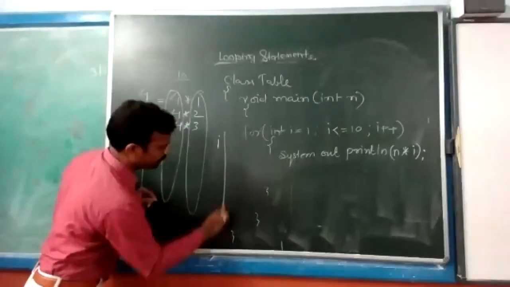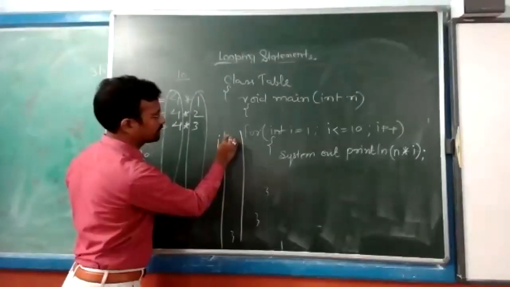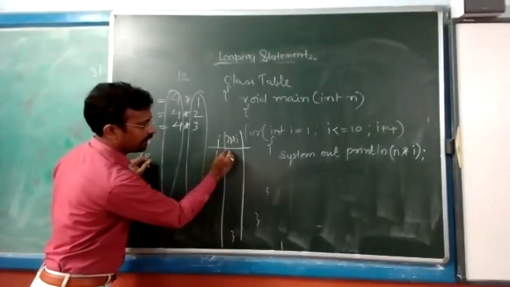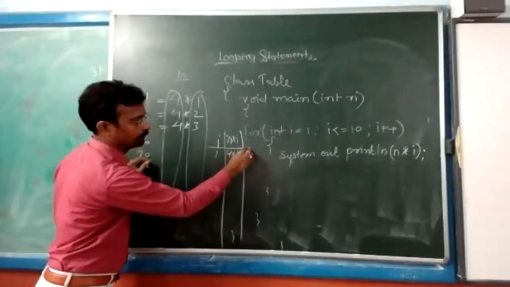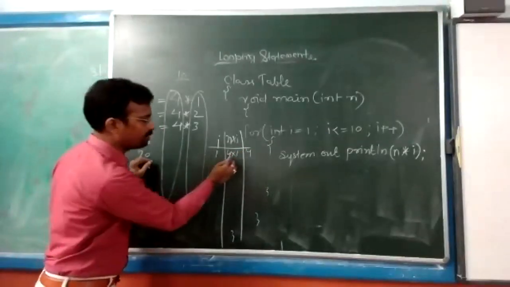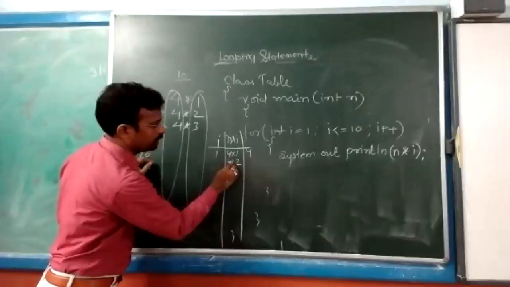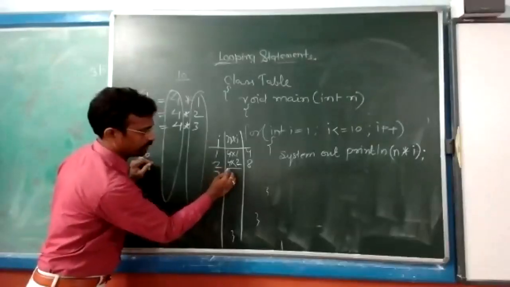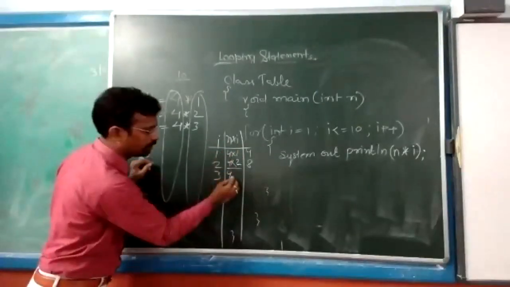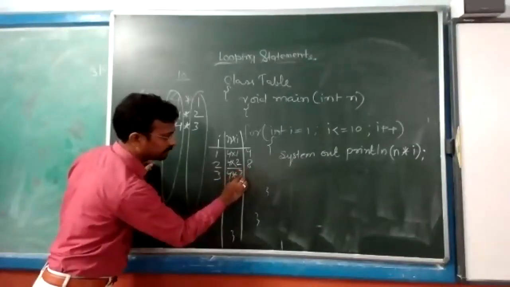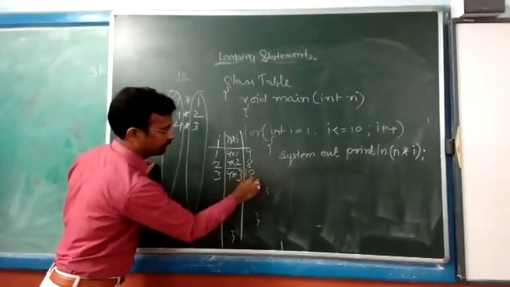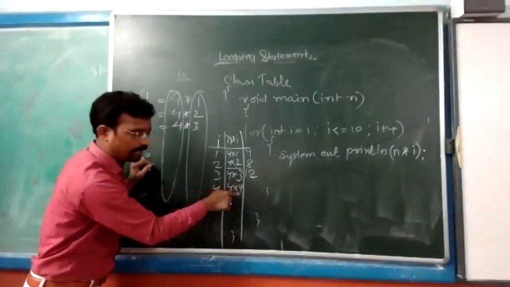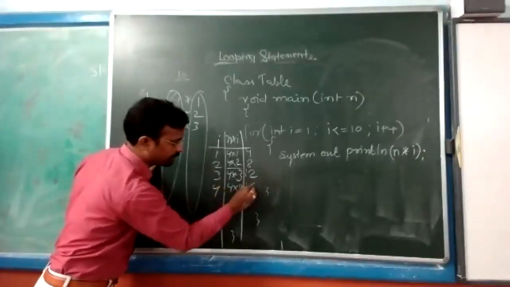Every time, see, I am going to explain. The loop will execute, and this is n * i. First time i will be 1, n will be 4: 4 into 1, 4. Second time i will be 2, so 4 into 2, 8. Third time this 4 will be the same and is not going to change, into i, that is 3. So what will it be? 12. Next time, 4 will be multiplied with 4. This is n and this is i. So it will be 16.